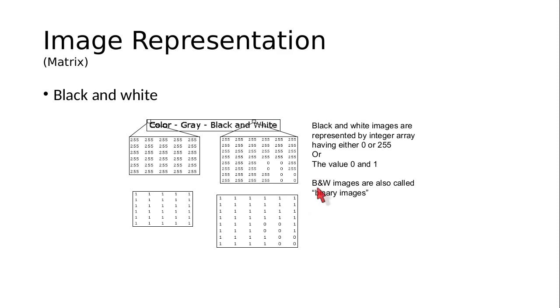Now this is also a part of image representation. So there are black and white images, also known as binary images, where the data is stored only in zeros and ones. So the data can be 0 or 1, and in some cases, in subsequent lectures you will be using OpenCV to read images. So the 0 and 1 is sometimes read as 0 and 255. 255 would represent white color and 0 would represent the black color. So for instance, if this were the image that we were scanning in, a small piece of image which is printed in only black and white color, this particular part of the image would look completely white. All the values will be either 255 or they will be 1.